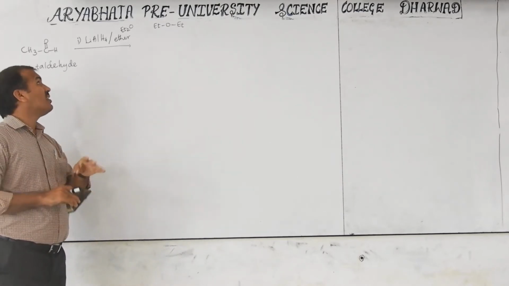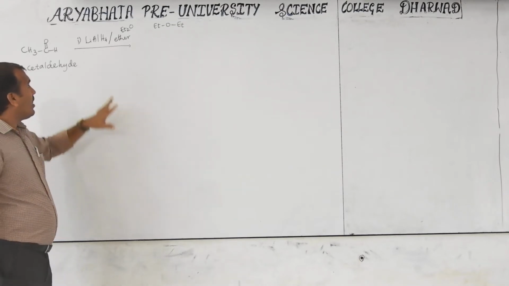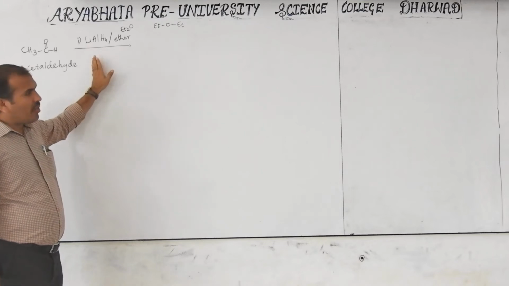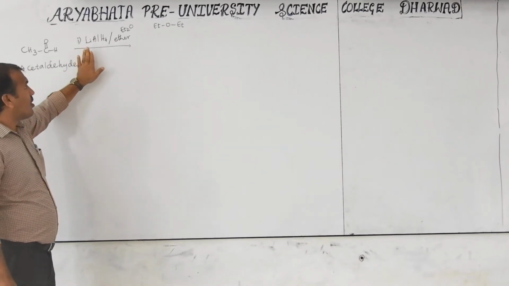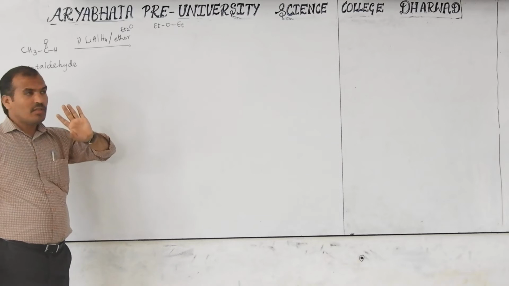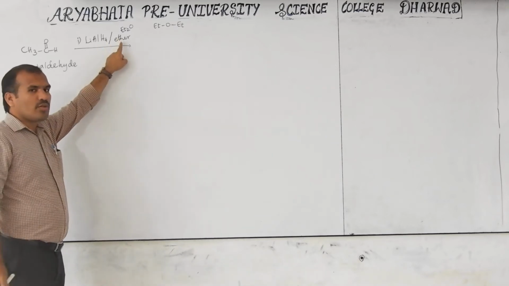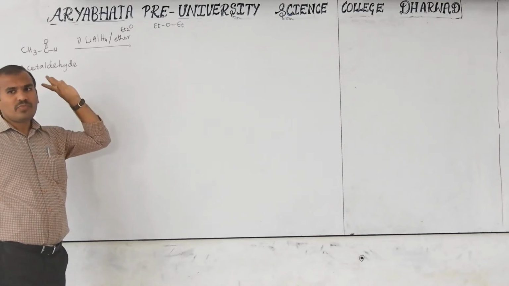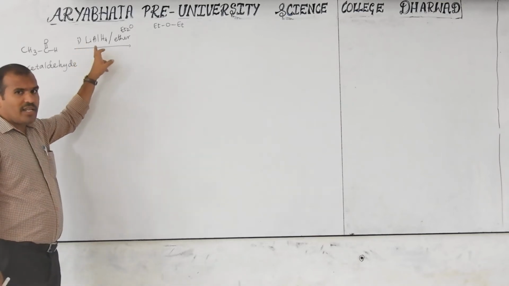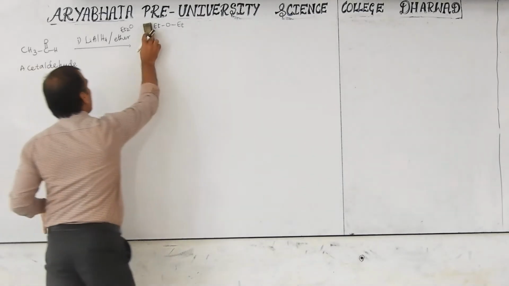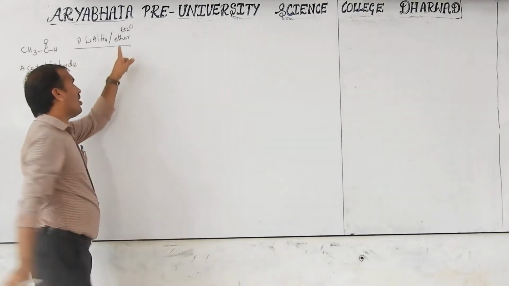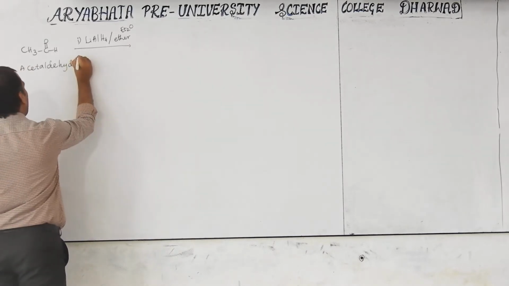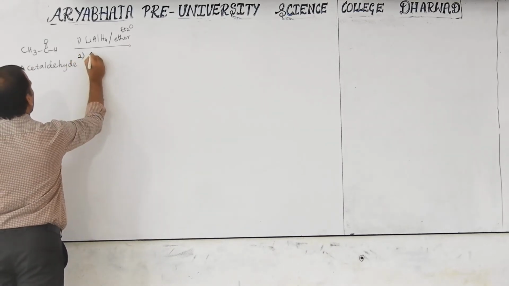Acetic acid and ethanol will not be taken with lithium aluminum hydride because it is highly reactive compared with SBH. It is a better reducing agent than SBH. So a polar solvent is not used here; only a non-polar solvent is used. That is the condition because it is very reactive. That is why only a non-polar solvent is always used here. This is the first step. In the second step, what do we have to use here?